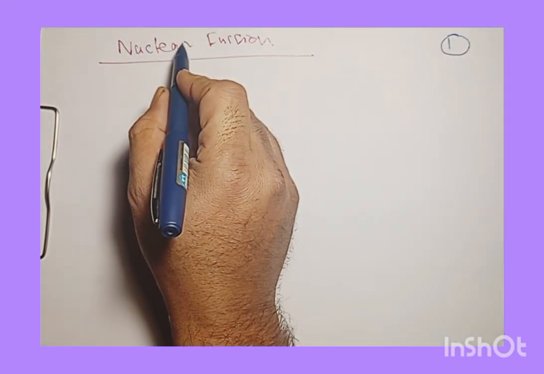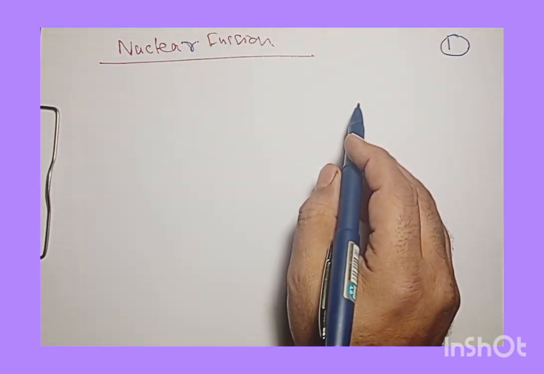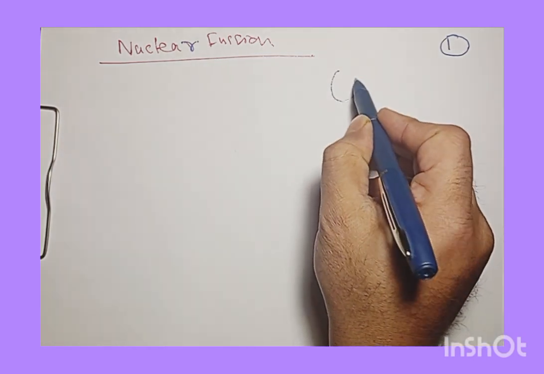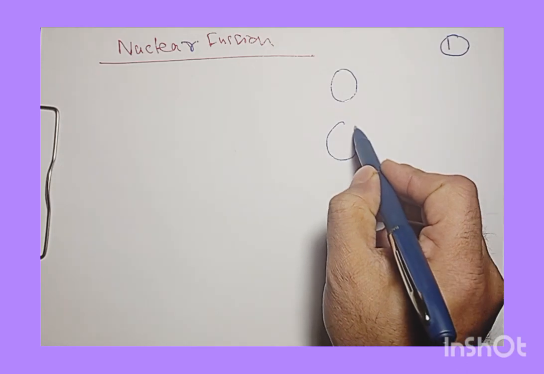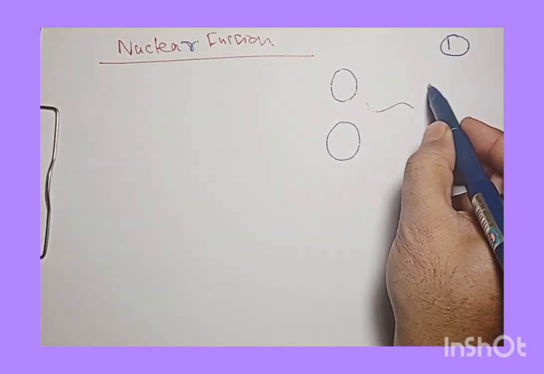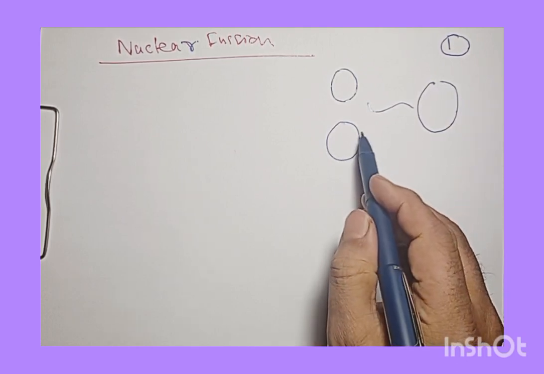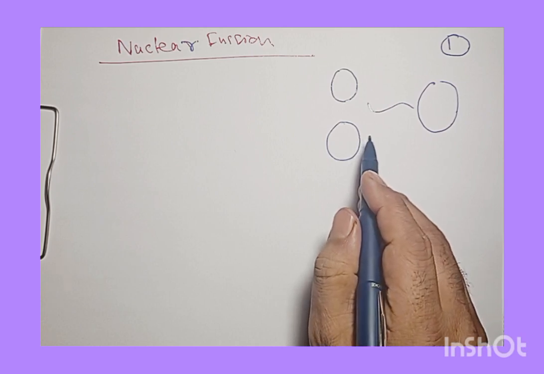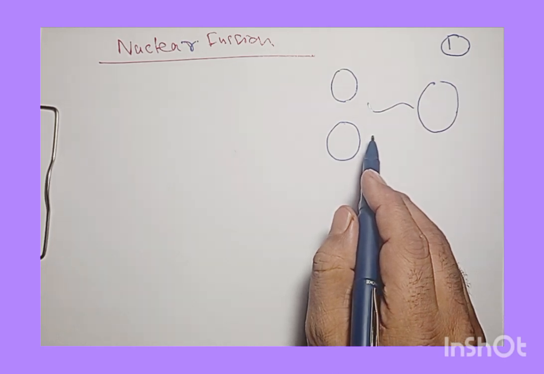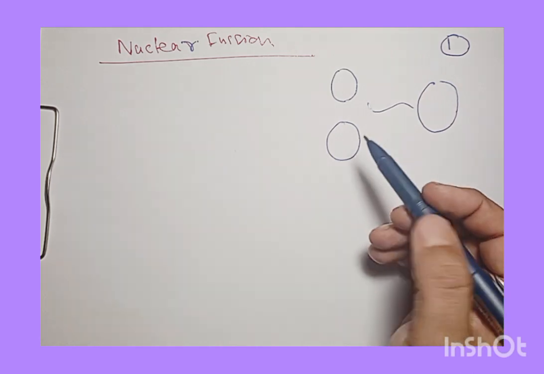Now let's have some understanding of nuclear fusion. Obviously we understand that when two lighter atoms, nuclides, fuse together, they form a bigger nucleus, and in doing so, energy is released. This kind of reaction is called nuclear fusion, and certainly it's a process in which two very light